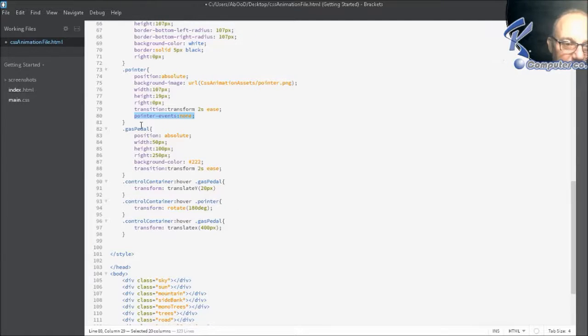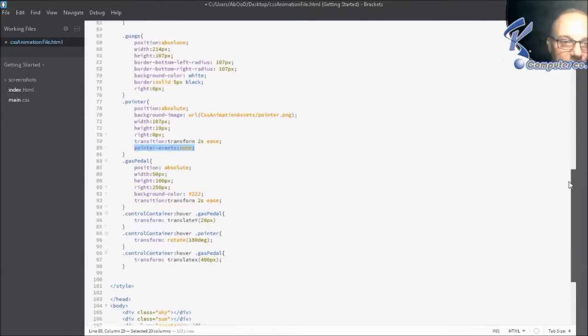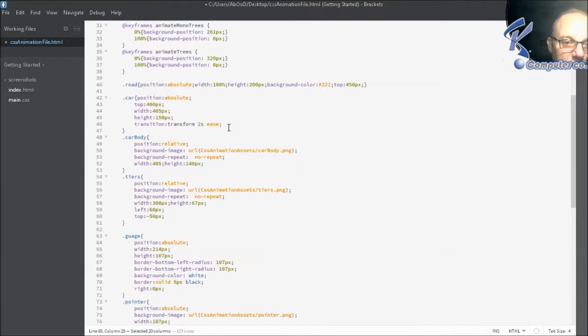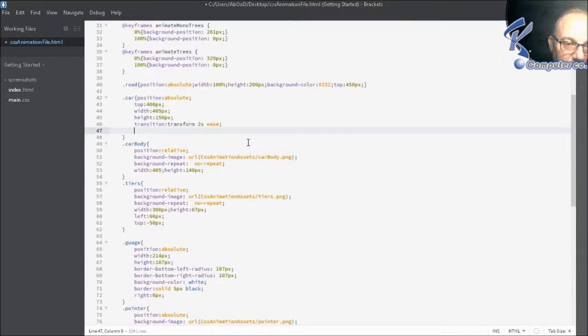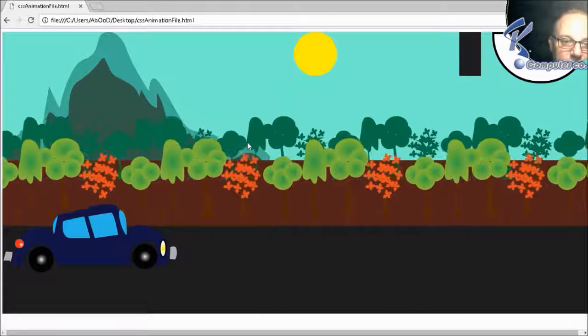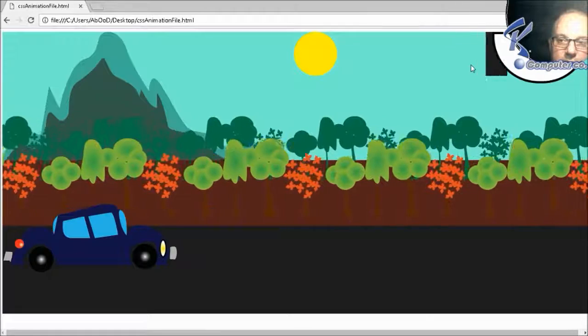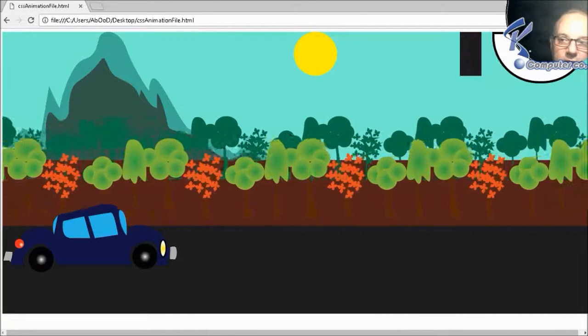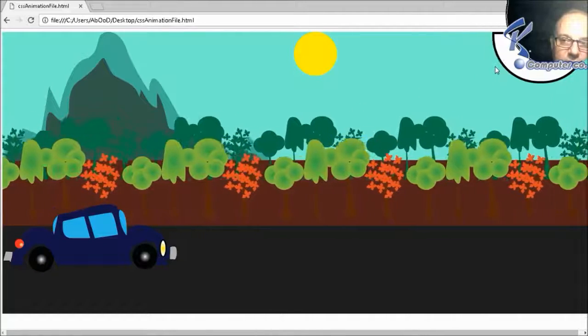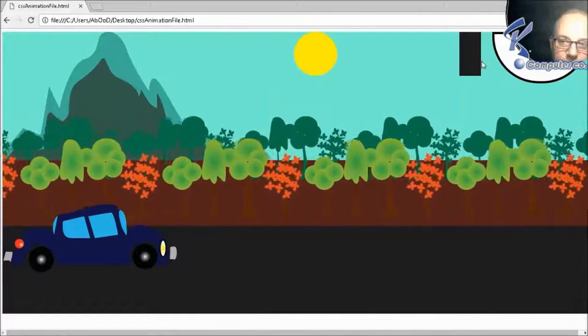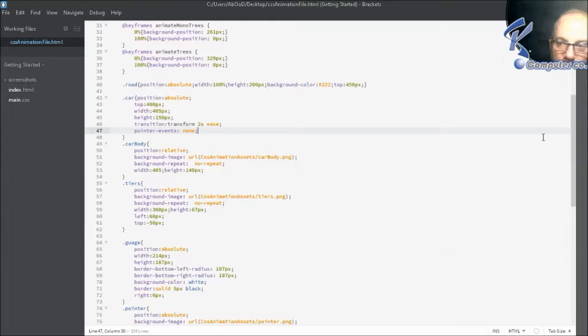For the gas pedal, I need it to generate events, so I will leave it, and I'll go to the part where I have the car itself. The car shouldn't generate or trigger any event. So I say here pointer-events none. Let's try now. Now the pedal itself is causing the movement, but it is moving. I'm translating it on X, and this is wrong,